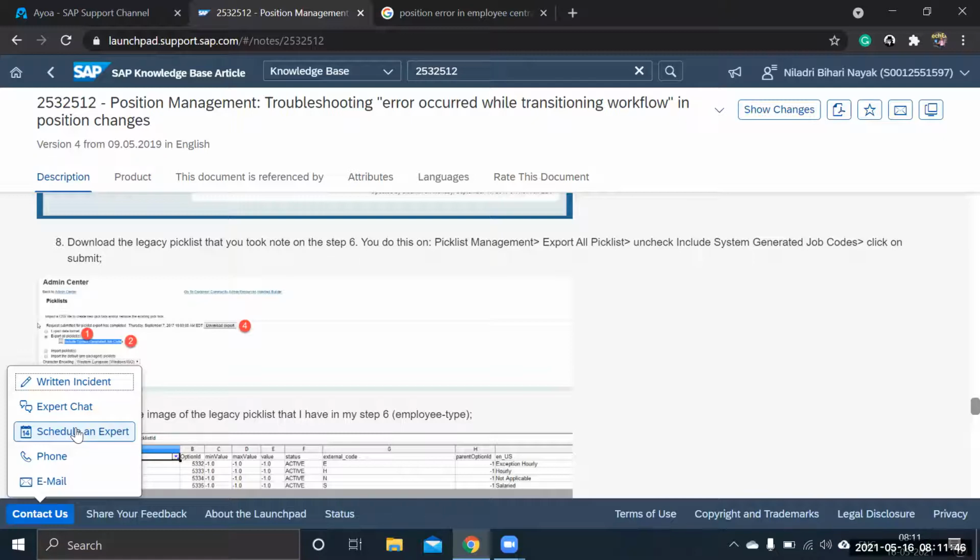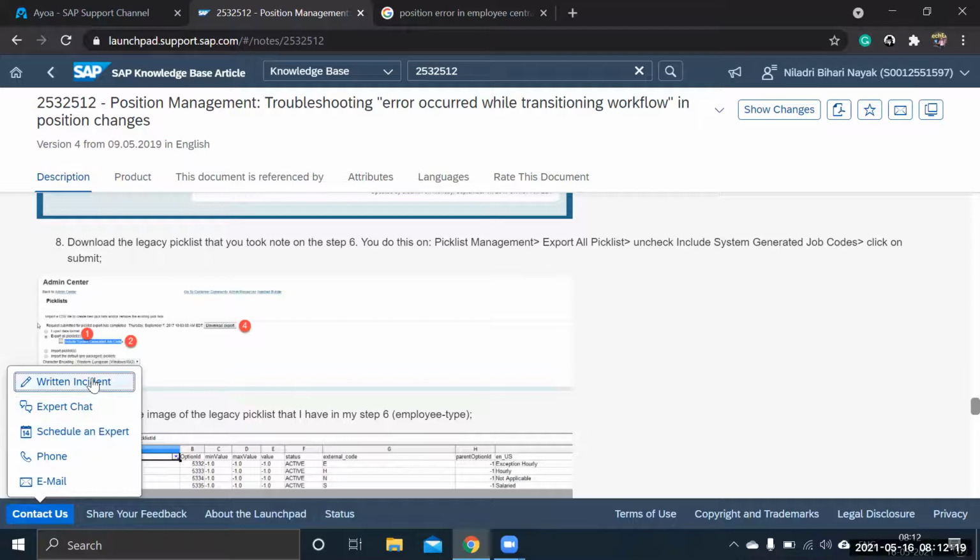Then you can schedule an expert as a 30-minute session, just like we are doing a session, right? You will get a contact from SAP, and they will schedule a call with that product expert, and you have to discuss your problem with him. These are the three things we do. And in case your issue is not resolved and it is very urgent, then you can use the phone option. You can contact them to prioritize the incident. But we do not solve tickets over phone; it will be through chat or written incident only.